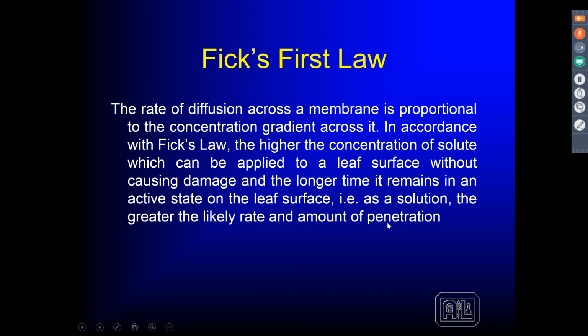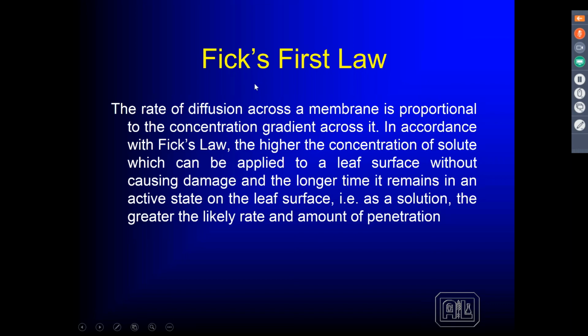So what Fick's law says is that we want to put a product on in high enough concentration that it actually stays on the leaf surface. It re-wets at very low humidity and does not burn the leaf. And if we can maintain that, we can get a higher proportion of that into the plant. So when it talks about these formulated foliar products, the information is on the label of